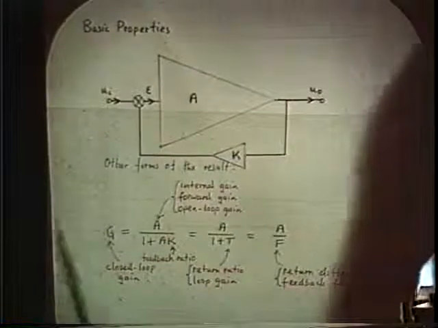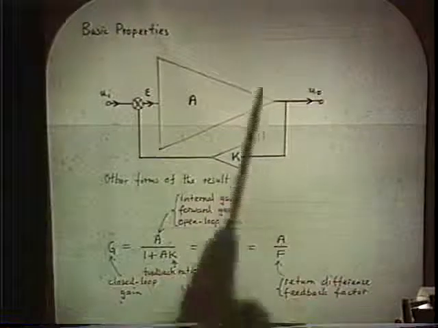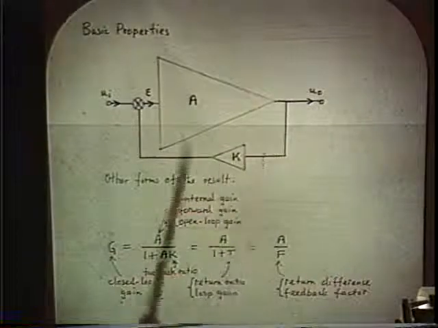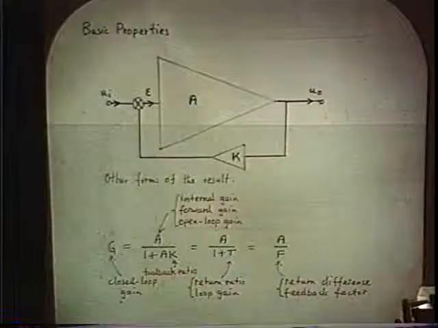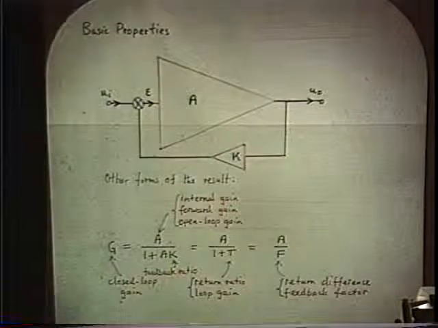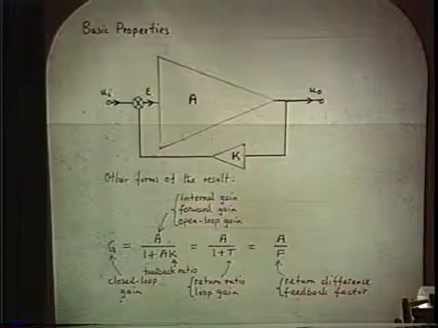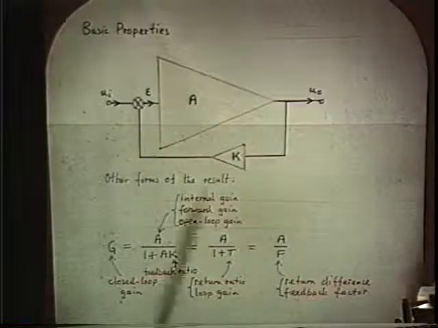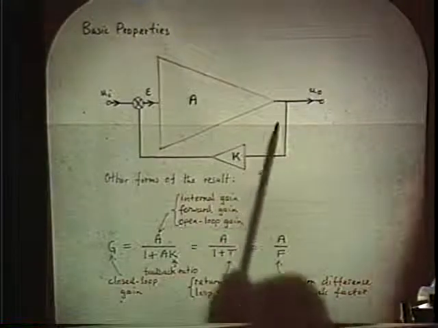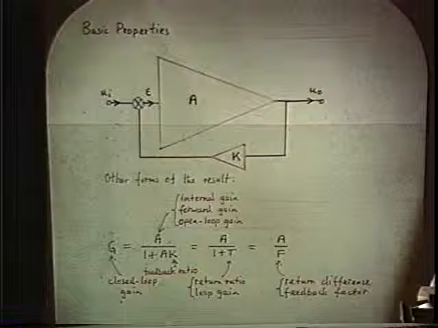Because to begin doing that analysis, when you yank the feedback path, there is usually an interaction between the feedback box and the A box, such that when you take the K box away, you actually change the value of A, because you upset the loading. Now, people recognize that. So the next step is they try to fudge it. They try to simulate the loading by hanging something on the output of the forward path that's supposed to represent the impedance of the feedback path that you've taken away. And you can certainly fix it up that way,